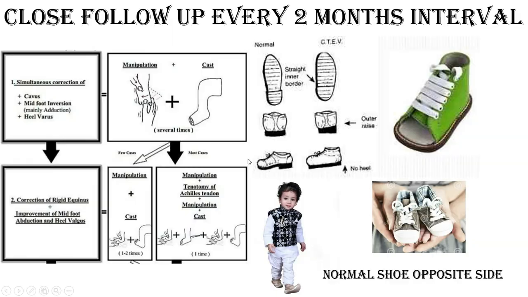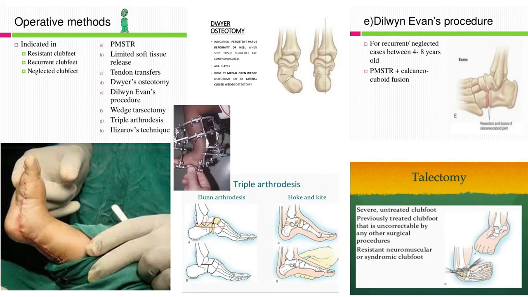Now, after this Ponseti technique, sometimes we cannot get proper correction. Before the era of Ponseti, there were various types of treatment like Kite's and the Goldner treatment, and they saw that there was failure of plaster, so they could offer some operation, like in case of resistant clubfoot or recurrent clubfoot or neglected clubfoot. What do you mean by neglected clubfoot?